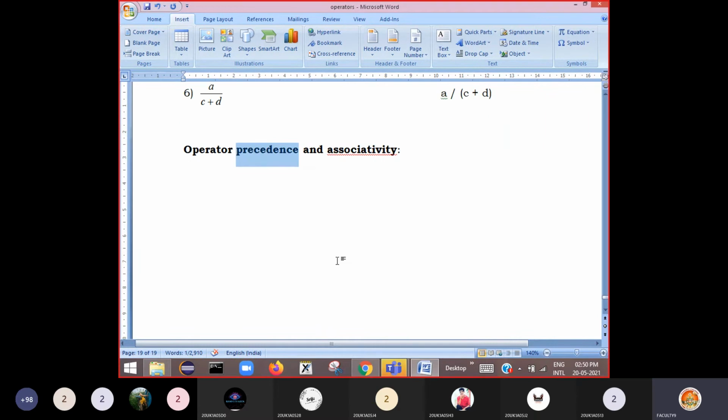That means the C language developers have given priority to each and every operator. Like you have the BODMAS rule in mathematics, no? That means they have given priority to the operators, like BODMAS: brackets, then order of exponentiation, division, multiplication, addition, subtraction. This is the order in which expressions are evaluated. Similarly, the compiler should understand these priorities. That is called precedence. In C programming or in programming languages, we call it operator precedence.